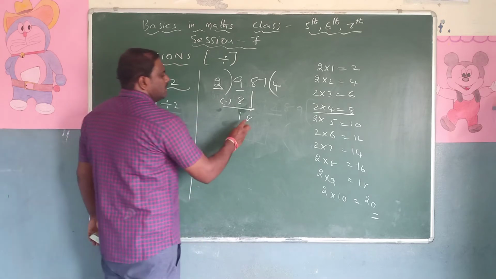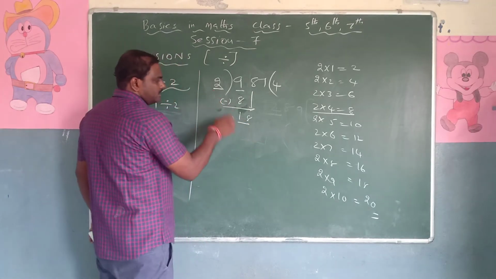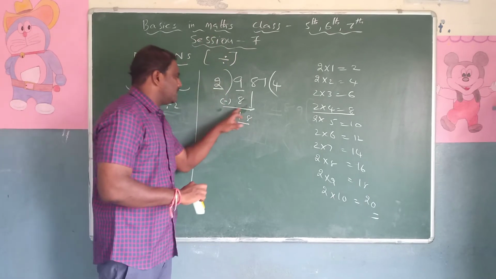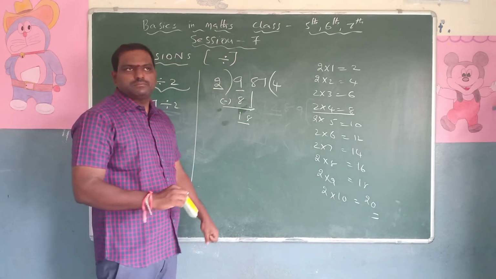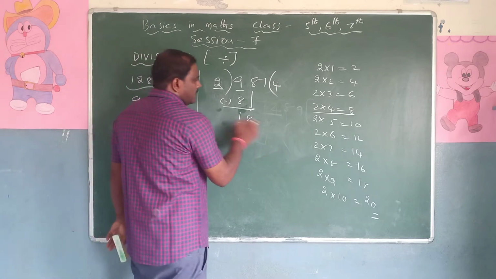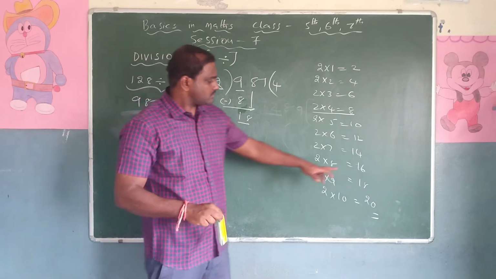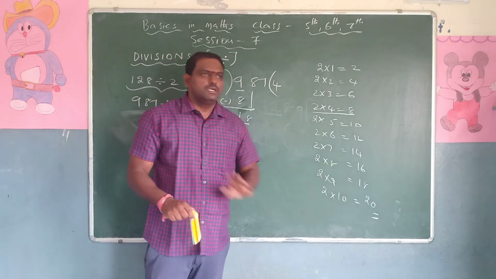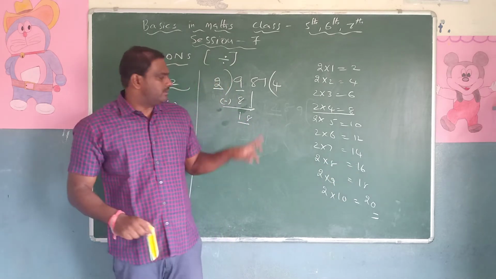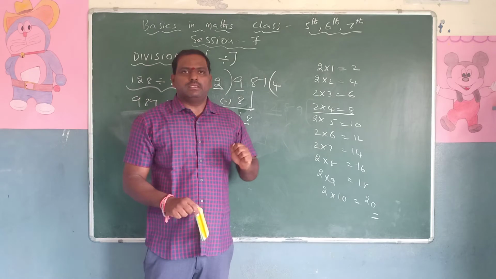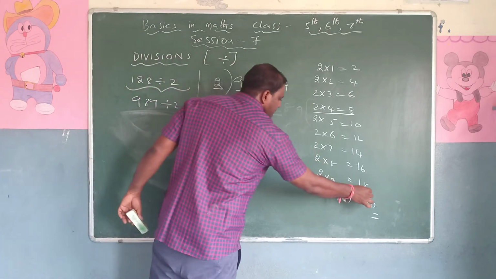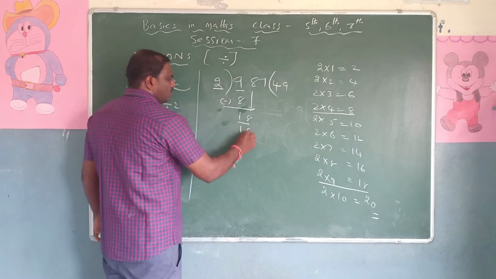Now look at this, 18. It's not over; the first step is finished. Now we take the number we got. Look at this: 2 nines are 18. Someone asks, shall I take 16? We should not take 16. If the exact number comes, we have to take that number. So how many times was it there? 2 nines are 18.